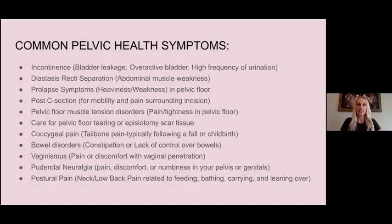The buzzword of diastasis recti, separation typically seen with abdominal muscle weakness. As a normal pregnancy goes on and baby's getting bigger, we have the two walls of our six-pack abs, and those obviously need to separate to make room for the growing baby. That's a completely natural process, most noted at the belly button. However, after the birth, typically in that 6-week range, if those muscles have not come back together all the way, or there's a significant separation, typically noted as about 1 finger's width or more apart, though 1 finger's width can still be somewhat normal,